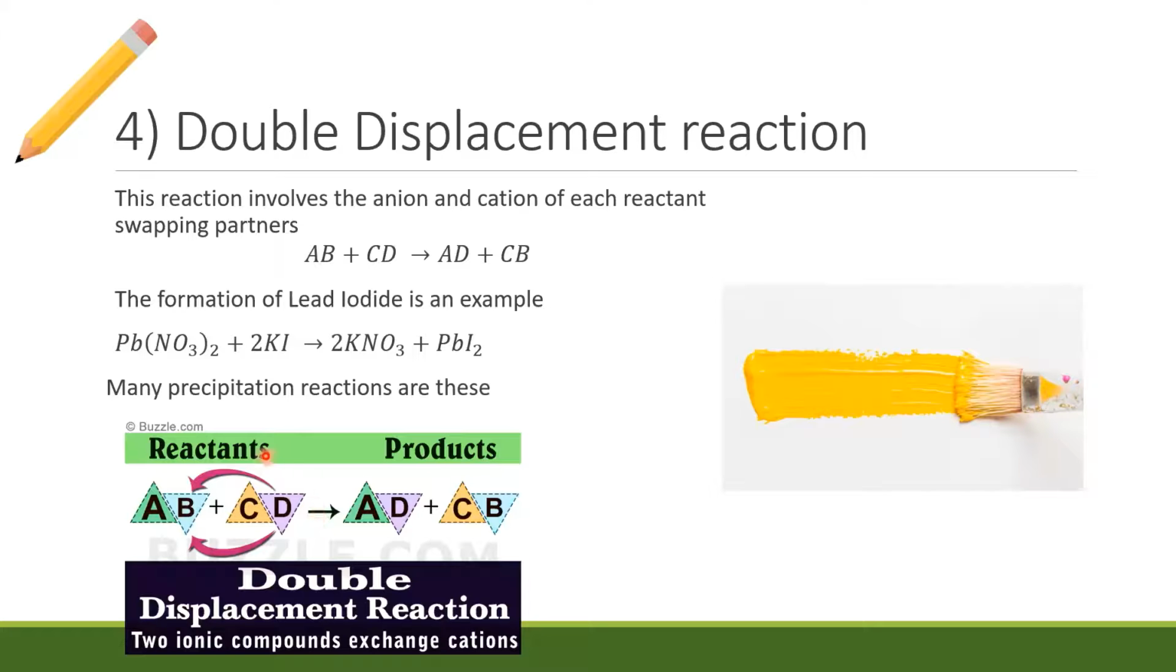Alright, cool. So this one here is the formation of something called lead iodide. Okay, so how does lead iodide get made? What you do with lead iodide is you take lead and nitrate. And lead nitrate, if you react lead nitrate with potassium iodide, then the lead nitrate, hold on, let me just